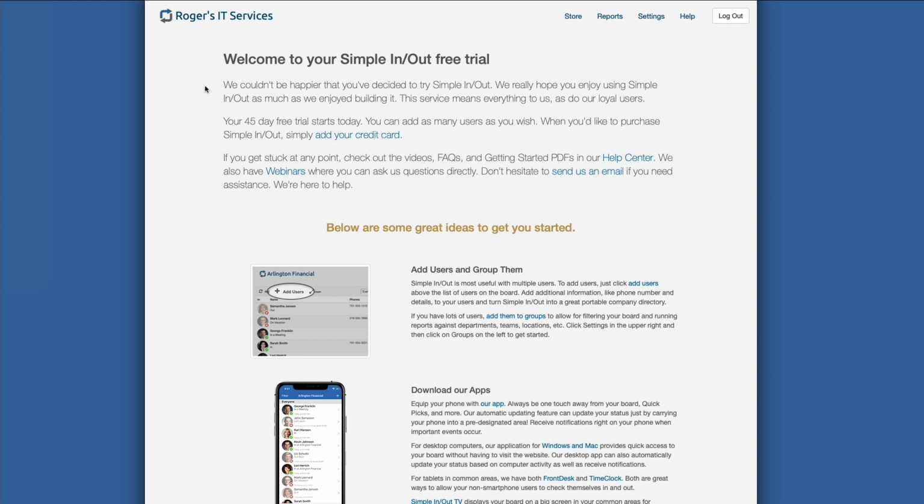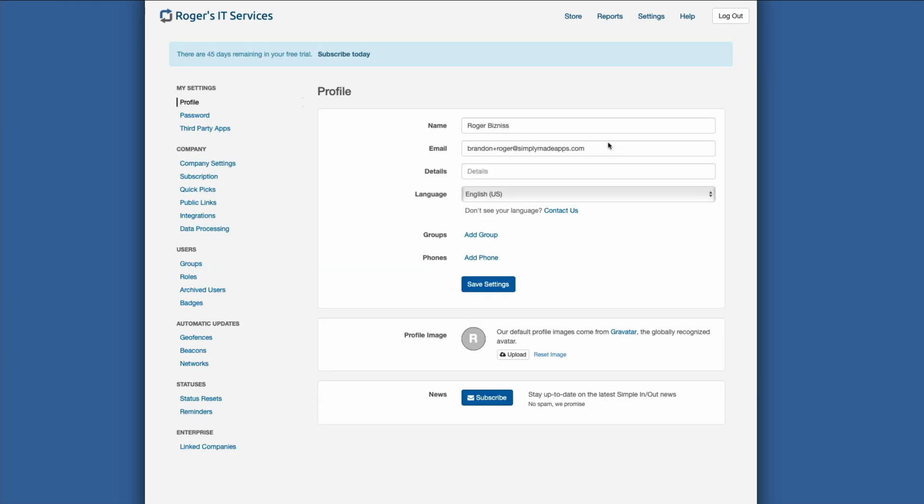Let's start by looking at some settings first. If I come up here to the upper right, I'm going to click Settings. Now, once I'm in the settings page here, this is my personal information, but we can look down the left-hand side, and you can see Simple and Out has a lot of features and a lot of ways to customize its behavior so that it works the way you work. But we're going to focus on a couple of things right off the gate that make the most sense to get started. First, we're going to click on Company Settings here on